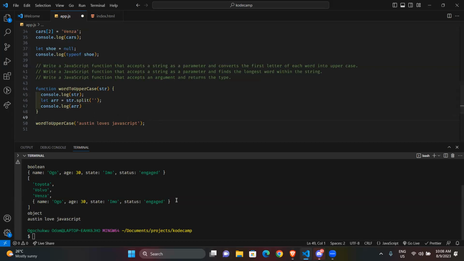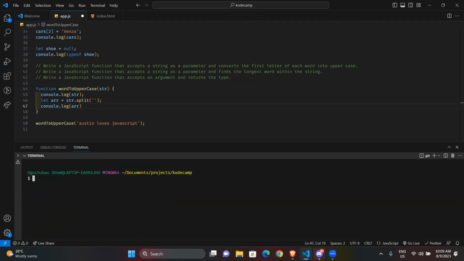Okay, you can answer in the chat. What do you think will happen to it? I'm going to clear this and run again. Yeah, it will return all the characters. Okay, so let's just run that. I have a bad habit of forgetting that I need to save my code.